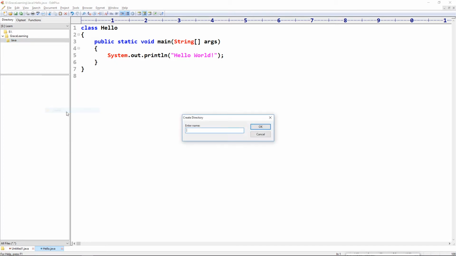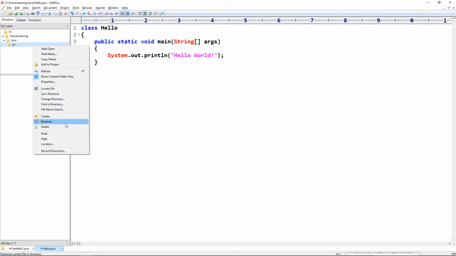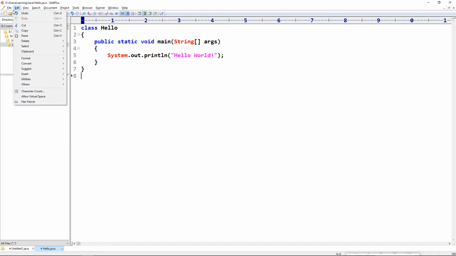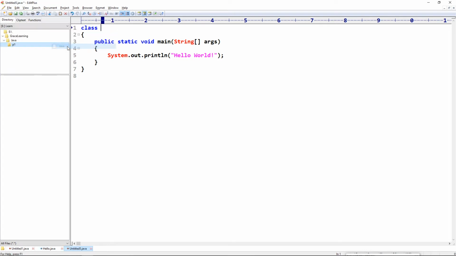Directory means folder. So I have created one folder like p1. Inside the p1 I will create a new Java file. And this Java file will be demo.